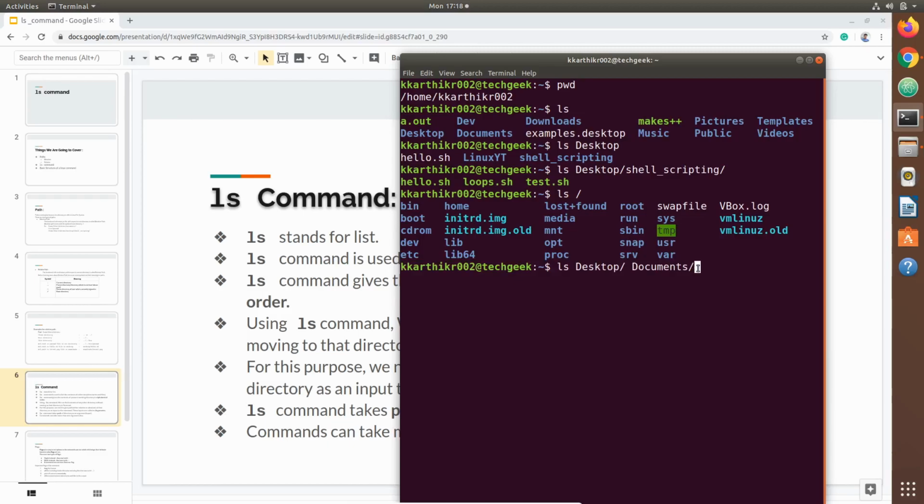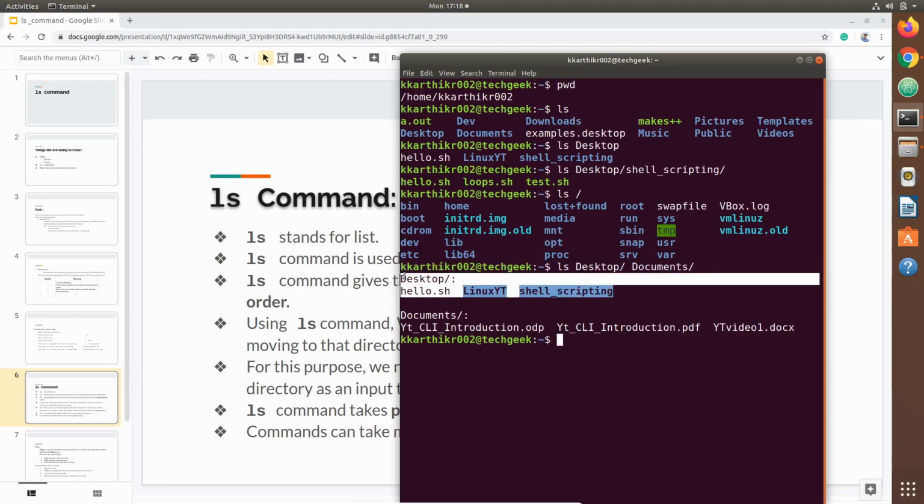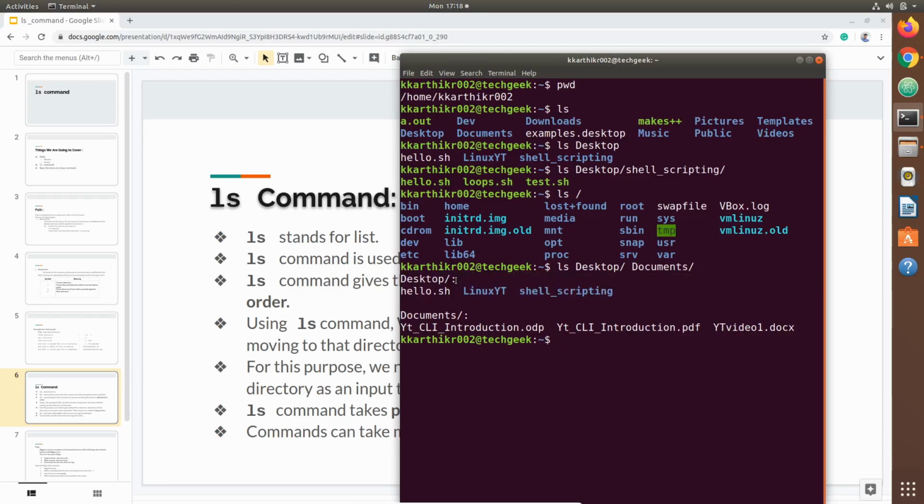Let's go ahead and run it. It gives the contents of both directories by mentioning their names at the front of their contents. You can give any number of paths to the ls command and see the contents of those directories.